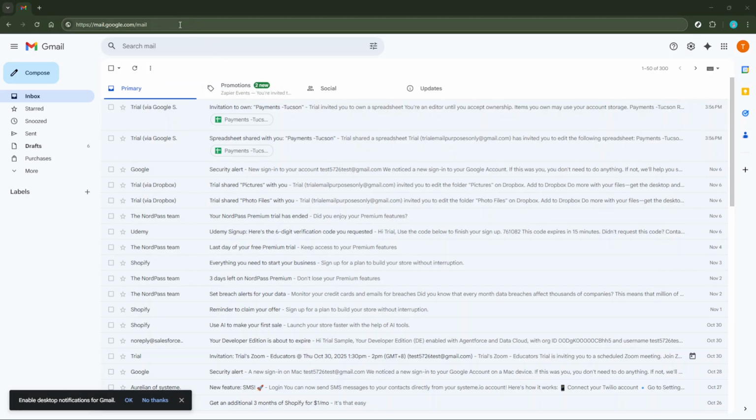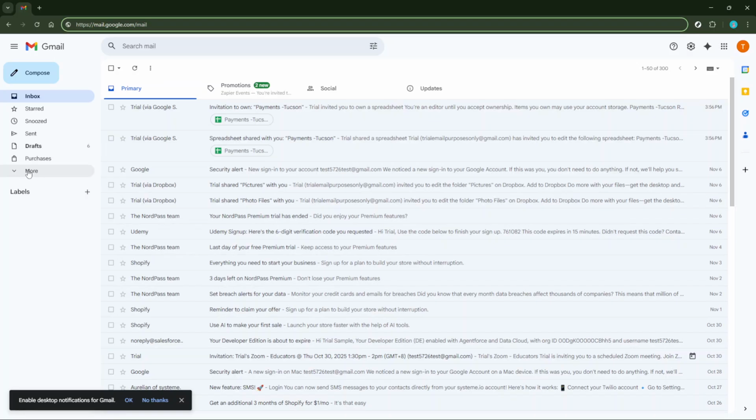To start, you'll need to open Gmail. This can be done on your PC by navigating to gmail.com in your web browser, or by opening the Gmail app on your smartphone or tablet. Once you've got Gmail open, you'll notice there's a sidebar on the left-hand side of the screen. This sidebar offers several options, including your inbox, sent mail, and other basic folders. You'll want to scroll down this sidebar until you see an option labeled More. Go ahead and click on that.